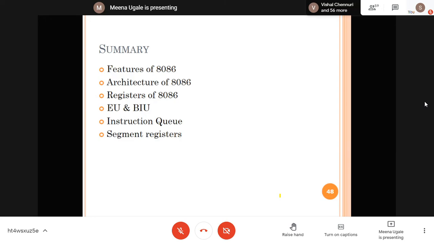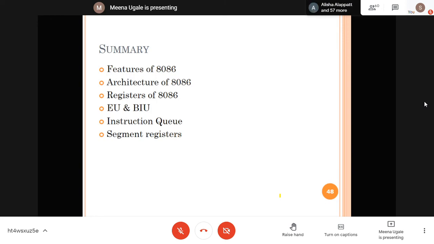Then the pointer registers, SP and BP, stack pointer and base pointer. Then two index registers, source index and destination index. Then we have seen the segment registers: stack segment, code segment, extra segment, and data segment. And then the concept of instruction queue. And additional to this is the flag register. Total 9 bits are active bits. From those 9 bits, 3 are control and 6 are status bits. This all is forming your architecture.